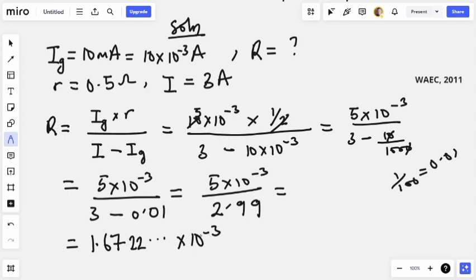So this divided by 1000, or times 10 raised to the power minus 3, will give you 0.001672,